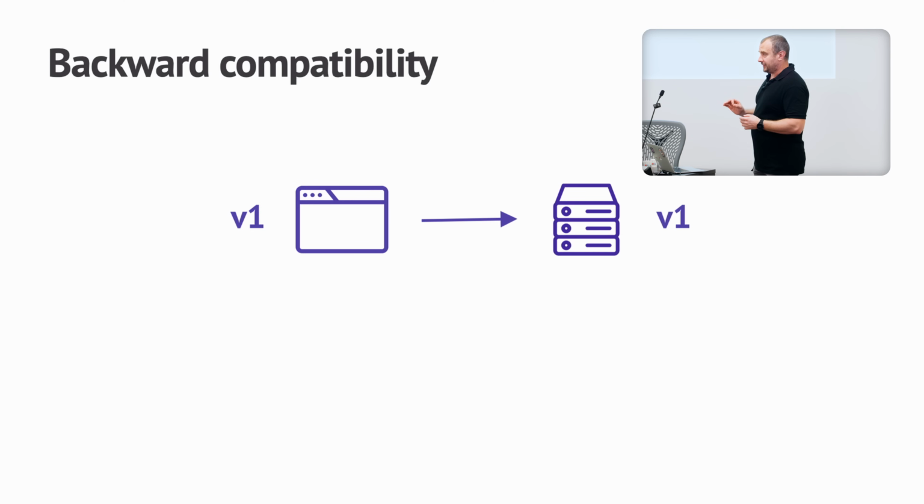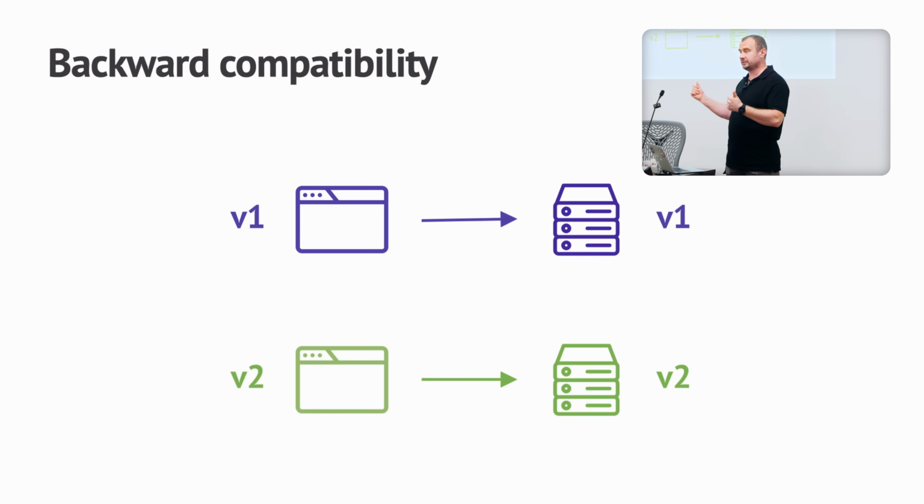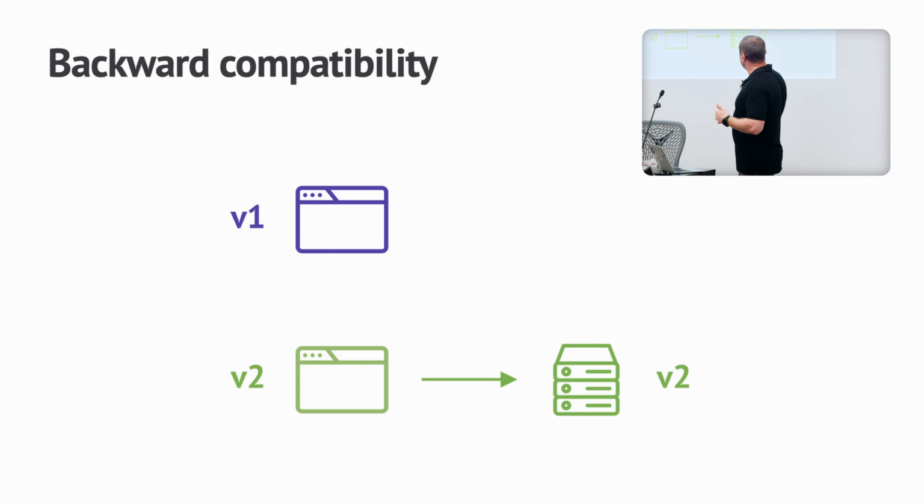Unfortunately, we can also run into backward compatibility problem between the front end and the back end. Imagine we have version 1 of our application currently running in production. Everything is fine. We are launching the new version that requires updates in both the front end and the back end. And after the deployment is done, the previous backend version is gone, right? We only have the new version. But the previous version of the front end may still exist